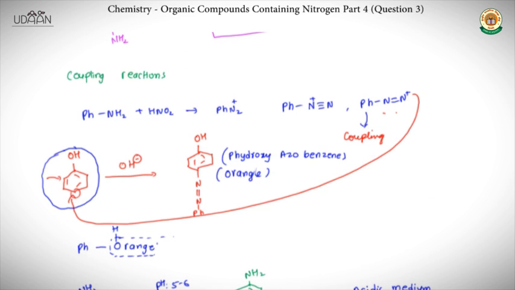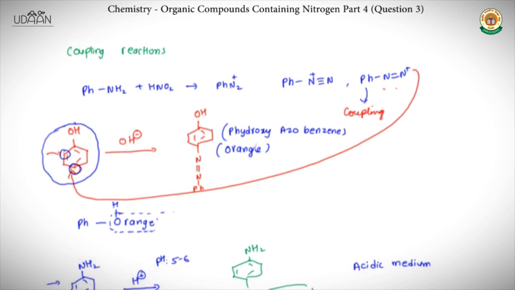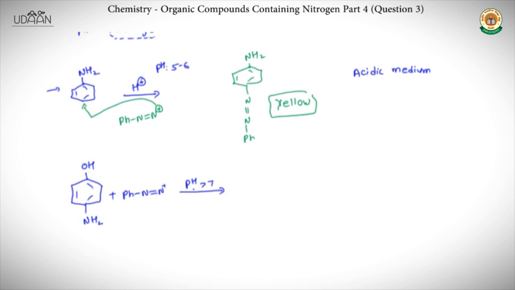So you know that for this ortho and para products are favored. Now para to this OH is blocked, so the only thing which is left here is ortho. So you are going to get this compound